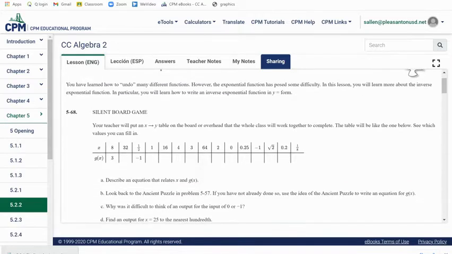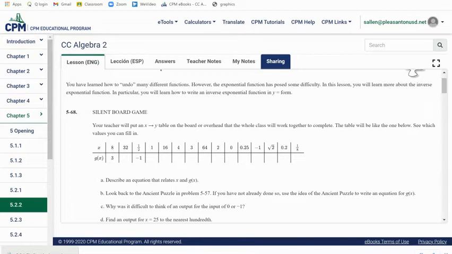So for problem 68, this is called the silent board game, but what you're going to do really is copy this table in your notebook, and then you are going to fill in the missing pieces. So in other words, how am I getting from 8 to 3? How am I getting from 1/2 to -1? There's not many ones that they give you. But most of us can probably figure out the pattern pretty quickly,